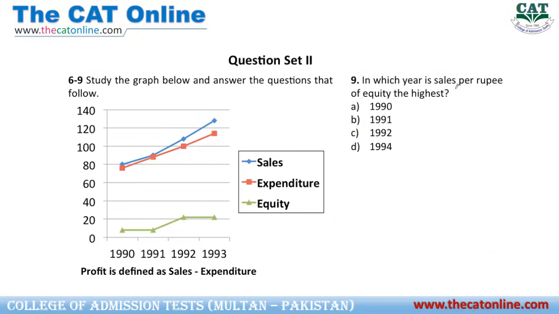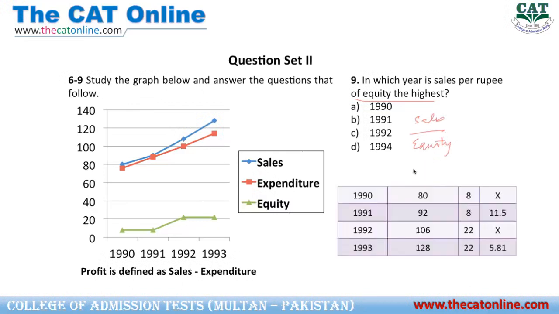In which year is the sales per rupee of equity the highest? So nothing but we have to find out sales by equity. So again I form this table. Sales for the different years I mentioned here, equities for the different years I mentioned here. I've marked an X in two of these cases because I don't need to find out the ratio for these